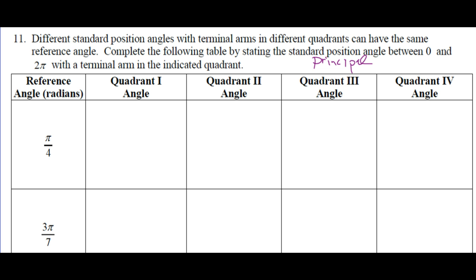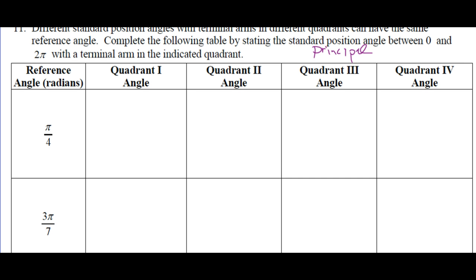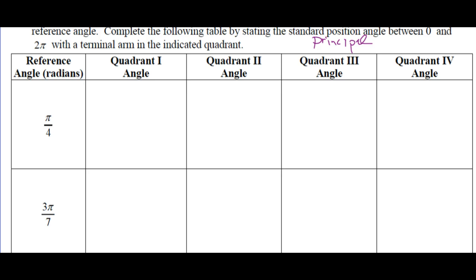What's the principal? That way we can all talk about the same angle. It's not, it's 100 degrees. No, it's negative 460. No, it's 260. No, actually it's negative 260 or 460, right? So we can talk about what's the principal angle. What is the smallest positive angle between 0 and 360 or 0 and 2 pi? Anyways, so complete the following by stating the standard position angle between 0 and 2 pi with a terminal arm